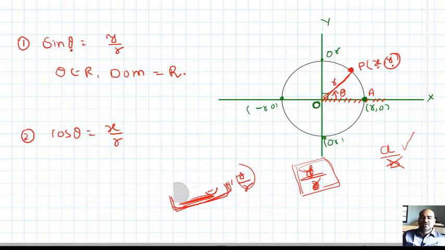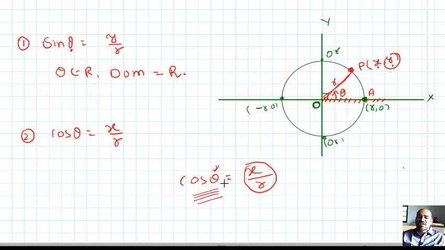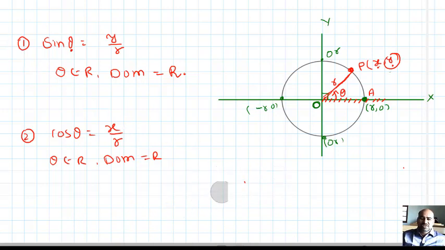Next, I will explain range. Wait. First of all, again I want to define the domain for cos theta also. Cos theta equals x by r. This fraction is defined except in one case, when r equals 0. Your r is never 0, so whatever theta may be, r is not equal to 0, meaning this is defined for all real theta. I will write theta belongs to all real numbers. So the domain of the cos function is also all real numbers. Okay, now range, that is important.